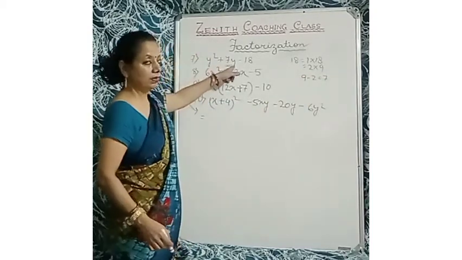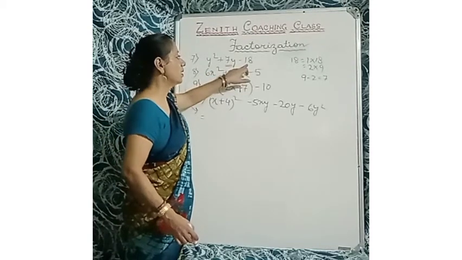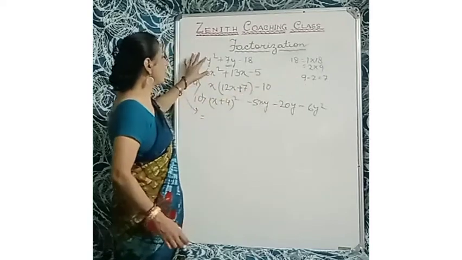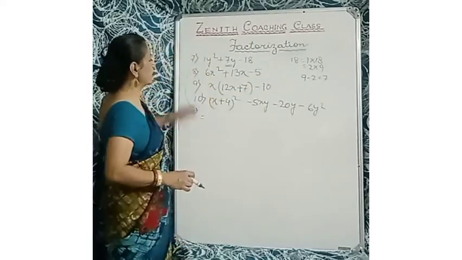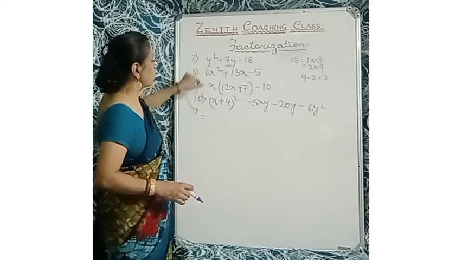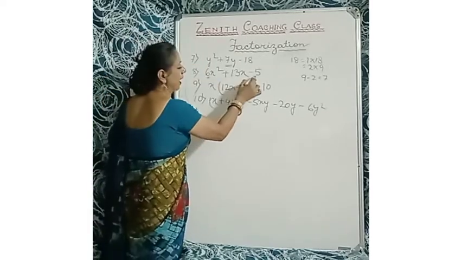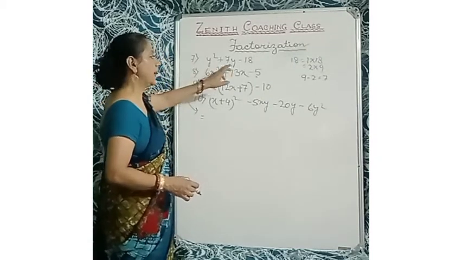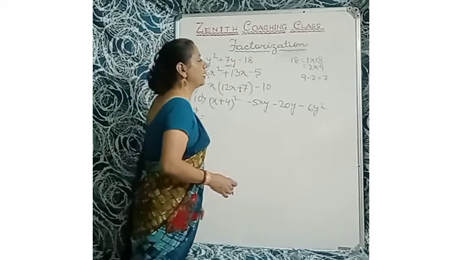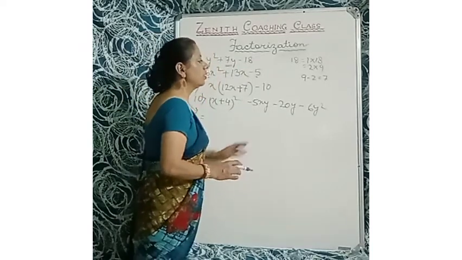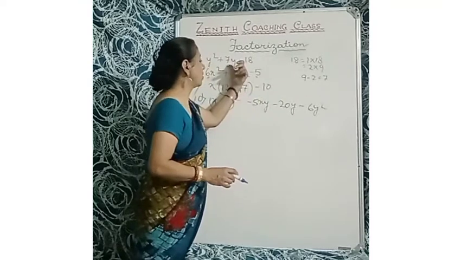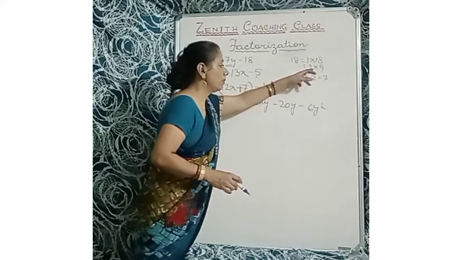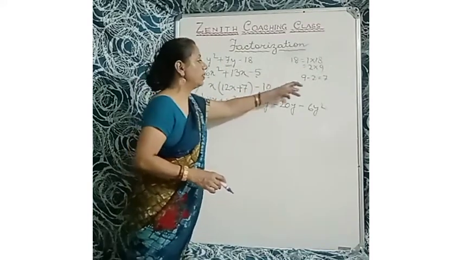So here is 7. So factorize first the third term, that is 18. And here there is no coefficient, the coefficient is 1. If there is a coefficient, you have to multiply the coefficient of the first term and the third term. But here there is nothing except 1. So take 18 here. So 18 multiplied by 1 is 18. So 18 plus 1 is 19. Here it is not 19. 18 minus 1 is 17. It is not 17. But 2 nines are 18. So 9 minus 2 is 7.